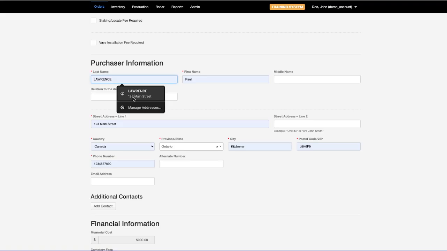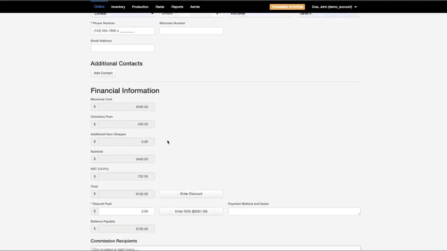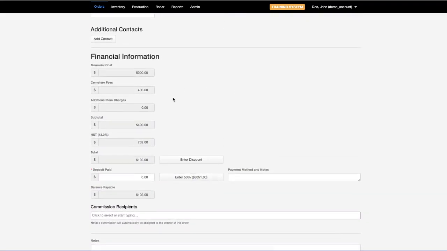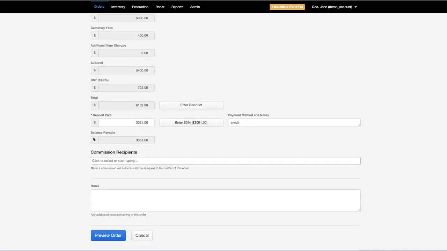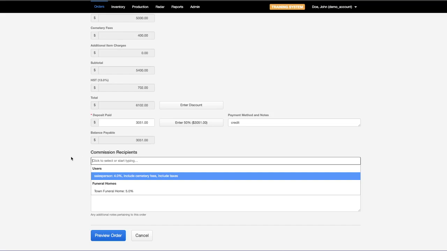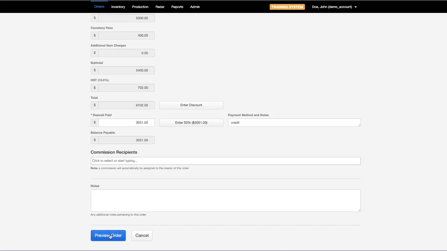I think I've entered this before. It's Paul Lawrence who's going to be paying for this, and we have their billing information. Then we'll scroll down to the financial information and enter the deposit that they've paid. We'll say they paid 50% by credit, and then we'll enter if anybody is going to be receiving commission on this sale, and then we'll preview the order,